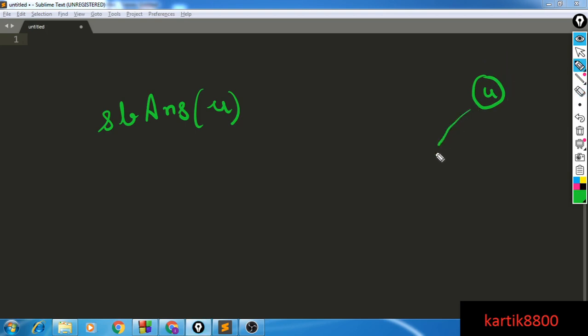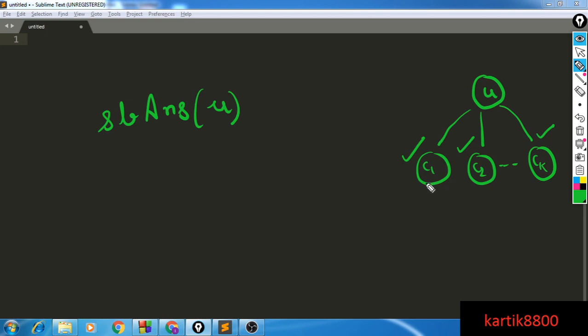So I'll be having these child nodes of U, C1, C2, and so on till Ck. This is a general technique which you can use to build up your DP solutions, making a kind of tree like this. Now let's see how we can evaluate the subtree answer of U. Assume that I already know the subtree answer of C1, C2, and so on till Ck. Let's assume we already know those answers. Then can I use these answers to evaluate the subtree answer of U? Let's see if we can or cannot.